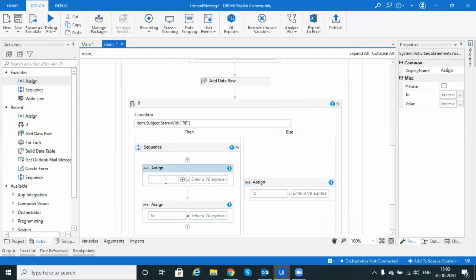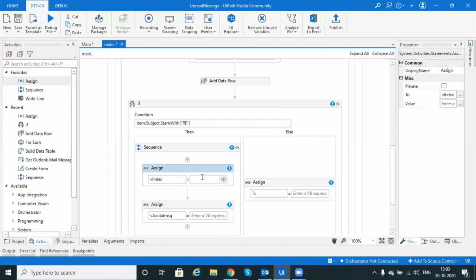So here we will create, Control K, v index, right? And here we will mention, Control K, v actual message, right?